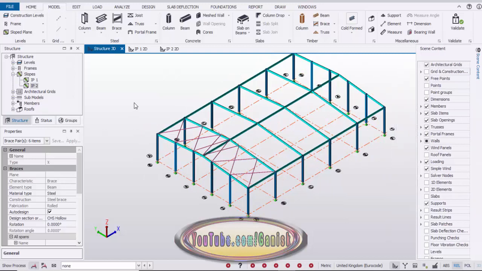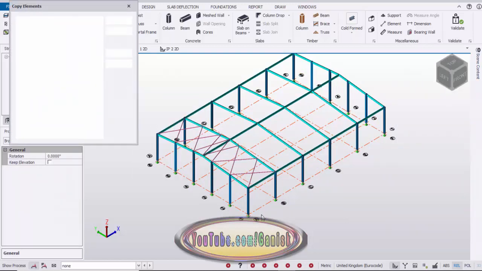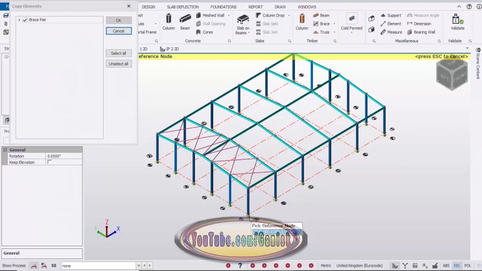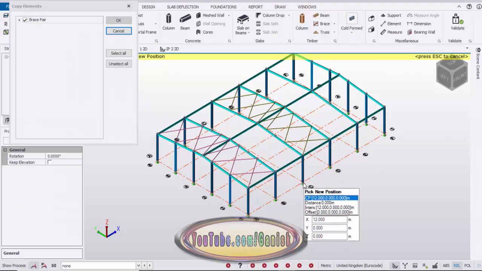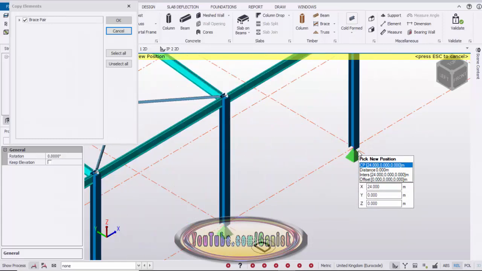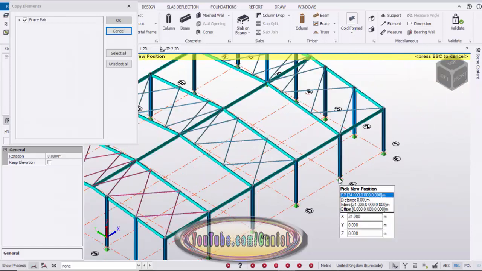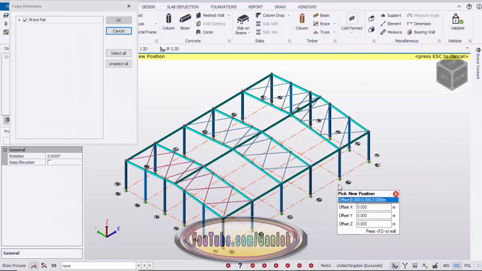Okay, now right click on the mouse, copy, and pick the reference node here and pick the next point here, and zoom in and pick exactly here. Press Escape to exit the command.